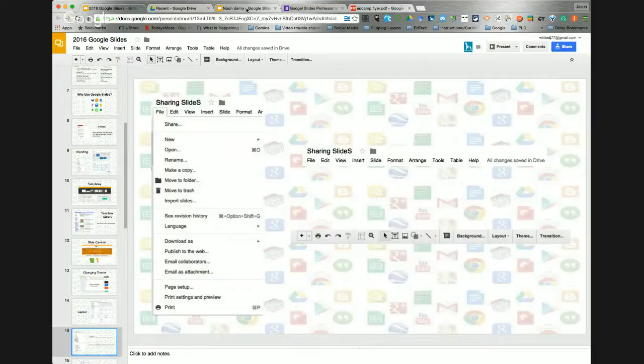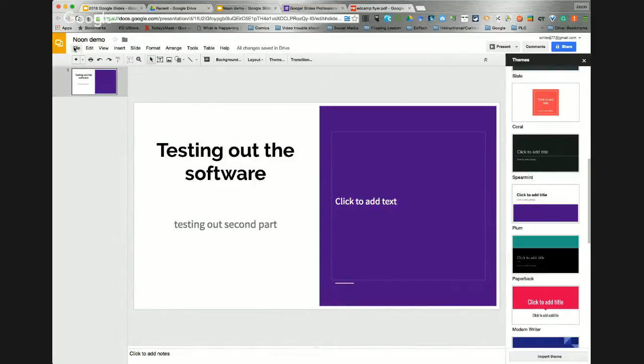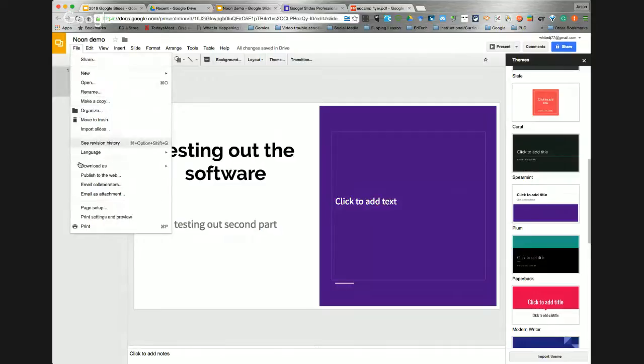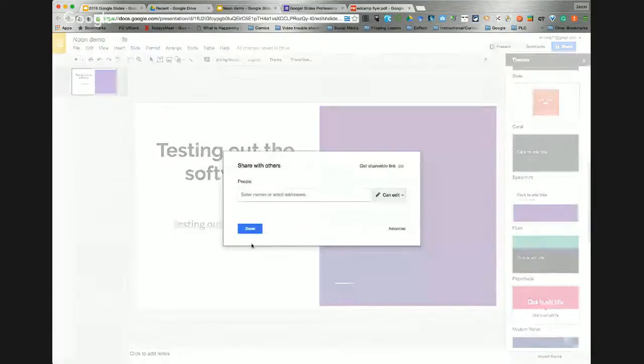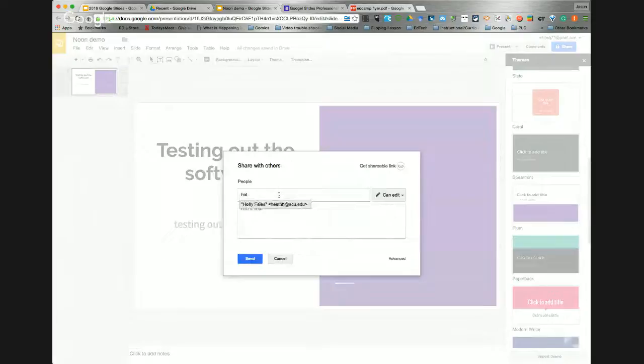And it's real easy to share. So when I go over here, I'm gonna go back to my new demo here. I wanna click File, and as you can see, I have the option to share it right here. Now, when I'm sharing it, this window pops open, and what it says is if I got an email. So if I want to share this to Holly, who is my coworker, I click there, and then as you